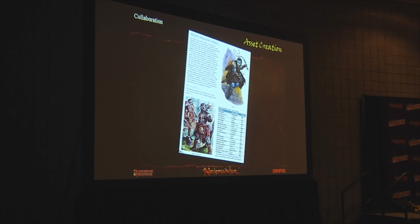And then continuing on with collaboration, when we moved into working on the River District, we are now calling it, the portion that we are working on is the Tower District. And we took the reference from the River District, which is inhabited by orcs. The particular tribe is the Many Arrows orcs, and working with WotC and presenting this to them and finding out what we can do with it,